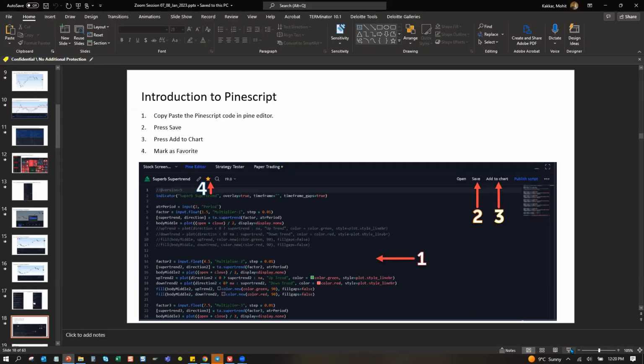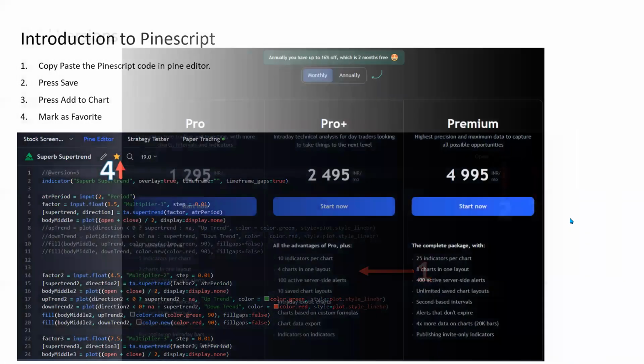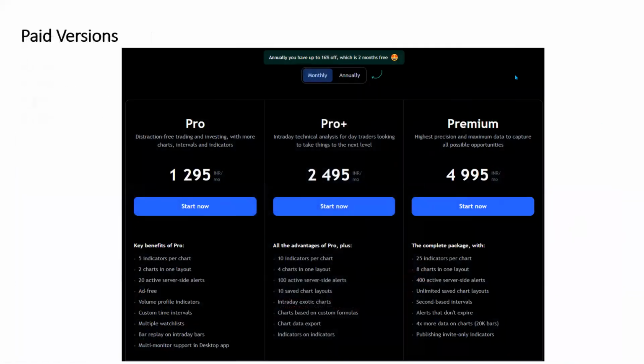So let's move on. Now coming to the different versions of TradingView. I'm not recommending anyone to go today and start buying these versions. There are 3 versions apart from the free one, and I've right now clicked on monthly. So this is the fee TradingView themselves are charging. Now let me tell you a trick on how to get it a little bit cheaper if you want.